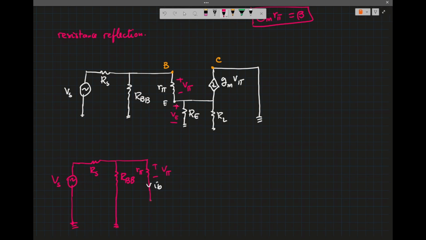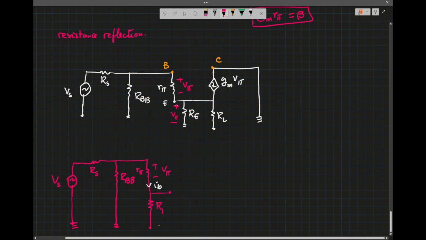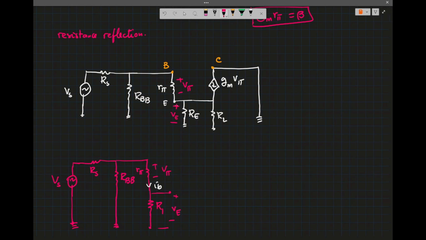Let's say I connected a resistor here, and I call it R1. Because it's still connected to the emitter, the voltage here is still VE. And the dependent current source, which is gm V pi,